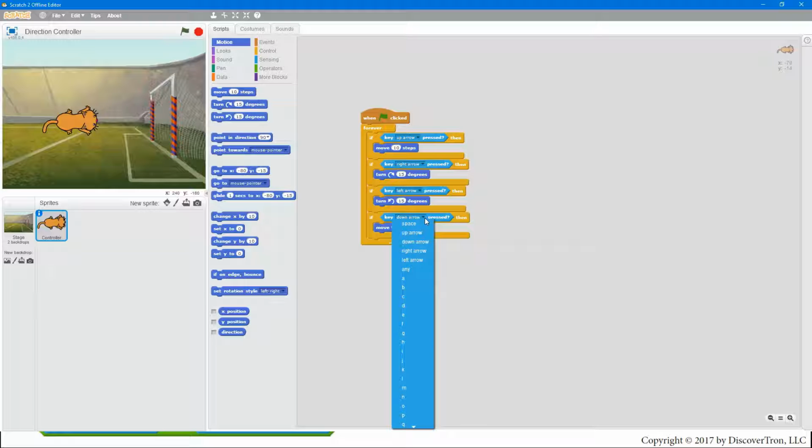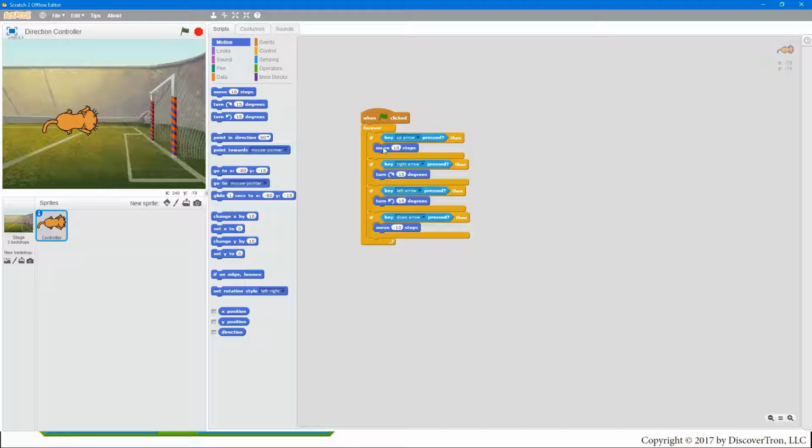And you can select all the different arrow keys, any key and any of the letter keys. Basically any key on the keyboard, except Scratch excludes the ability to select Shift, Control, Alt, and all those type of keys. If you were using more advanced languages, you would have those abilities to isolate down to individual specific function keys. But anywho, right here, so this will be our controller, and what we'll do is whenever the up